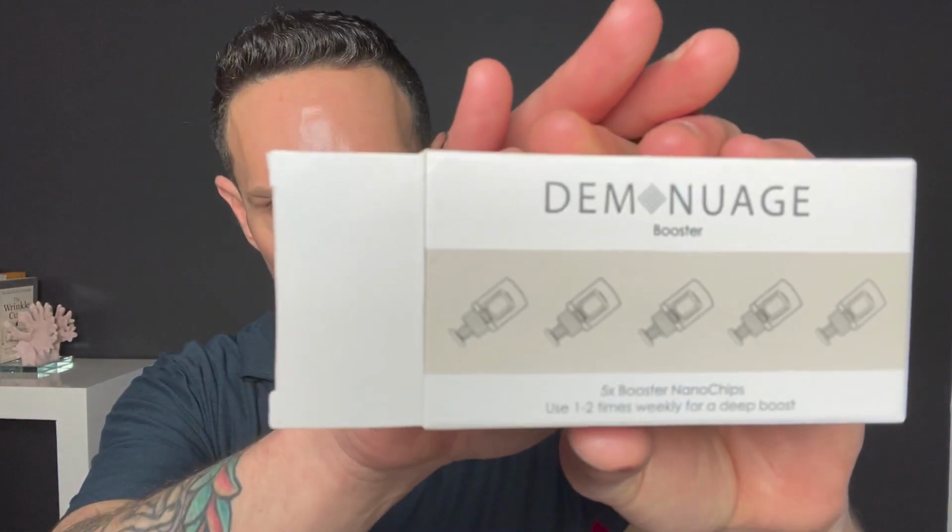The one that is really great though is the one that's a little bit stronger, and this is just used 1 to 2 times a week. And that one you can sit there and be a little bit more aggressive and do a little more spot treatment around the eyes or on pigmented areas or anything. I would be mindful if you have active acne, pimples, and your skin is sore, to be mindful of something like this. You could probably use it a little bit, but use it with caution, especially when you're using a lot of active products,